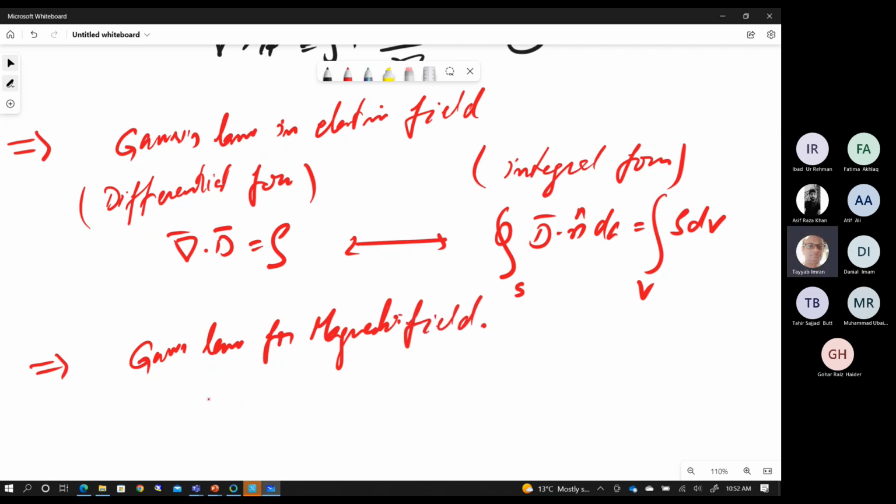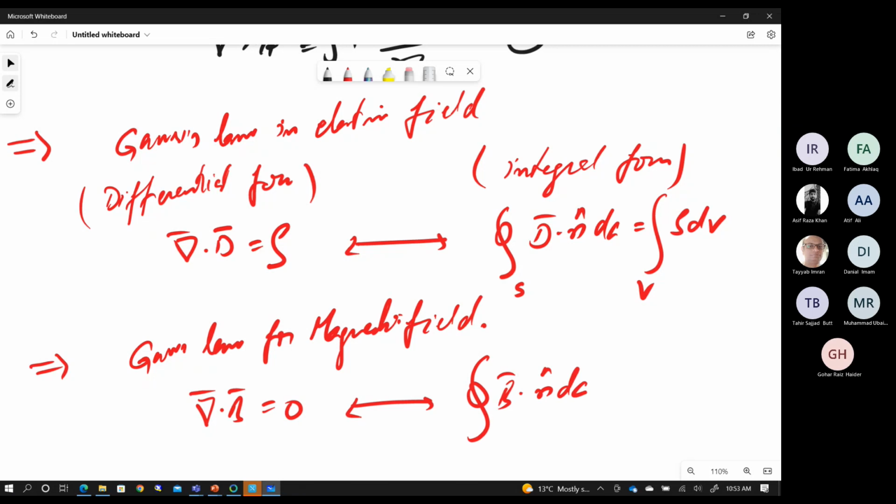Its differential form we just studied is equal to this one, and its integral form is equal to 0. Okay, this is Gauss's law for magnetic field, and if we move further,